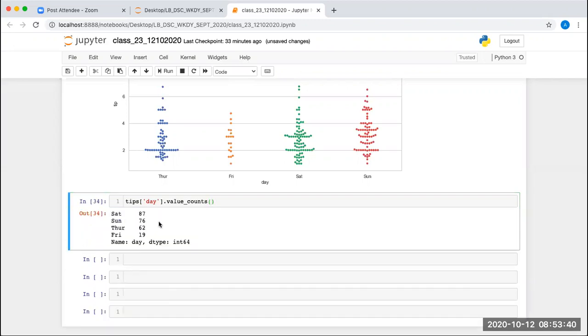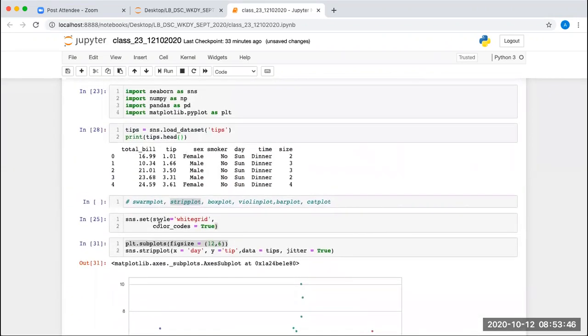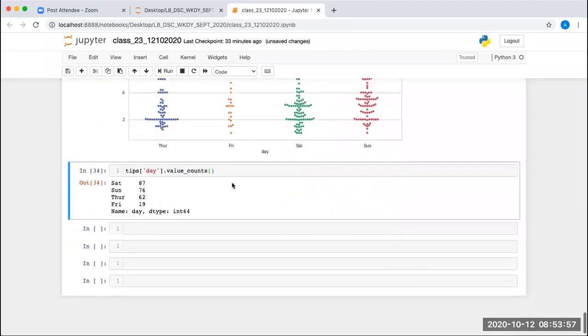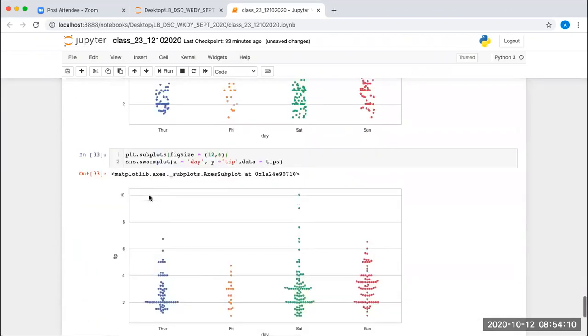So Saturday 87. That is 87 times Saturday is repeating. And if I say total bill was this, on Saturday that is one count. Can I say that 87 people came? Not 87 people, they may be in a group also. But kind of 87 bills have been done on Saturday. On Sunday, 76 bills have been done. On Thursday, 62 bills have been done.